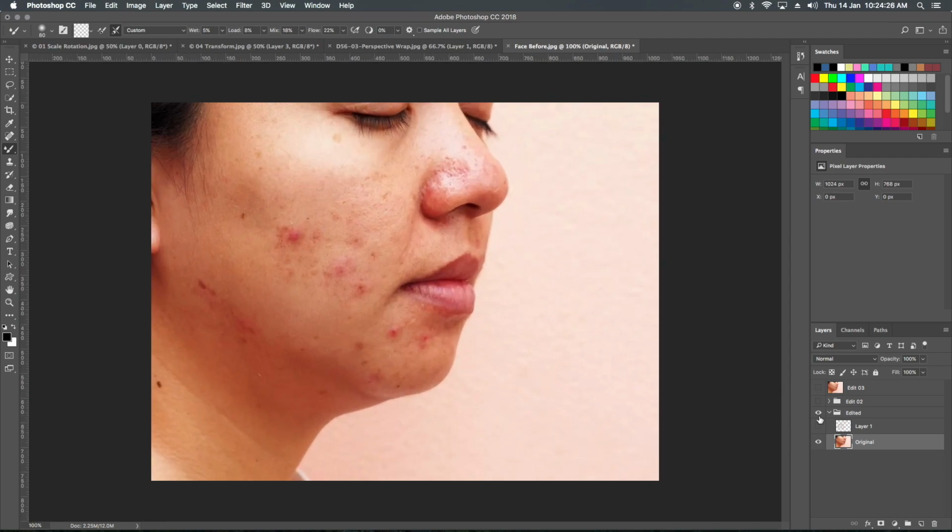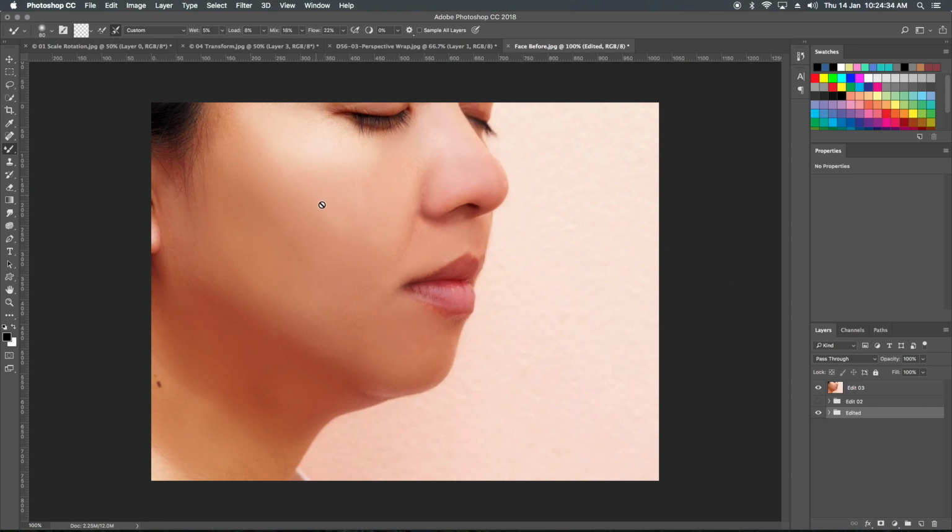Okay, so this is the original image. Let's zoom in. This is after blemishes. This is after brush stroke, and this is mixing this brush stroke with this image. So you can see this and this. This one is so strong, and what I did is just add a bit of real texture. So this is so strong, and this is with real texture added. Now you can see the difference.